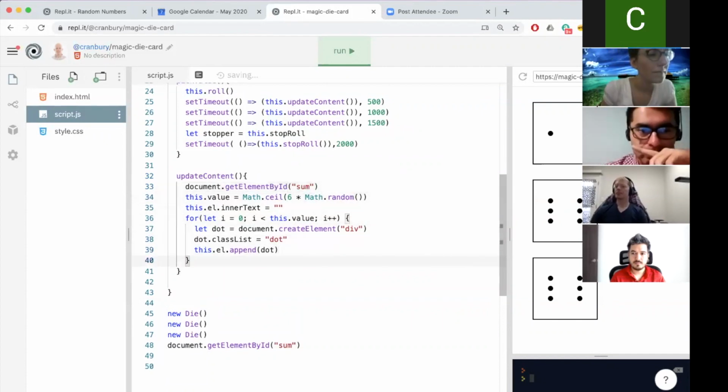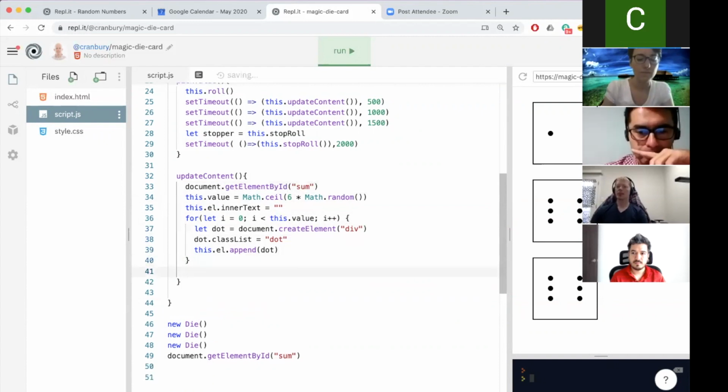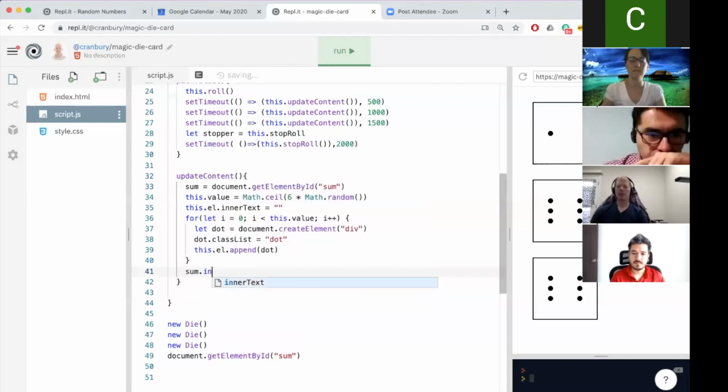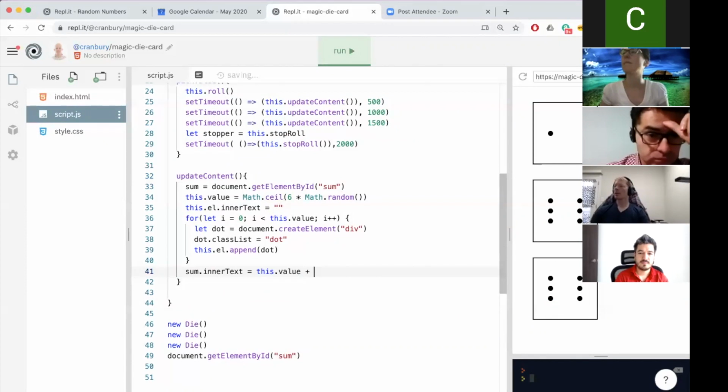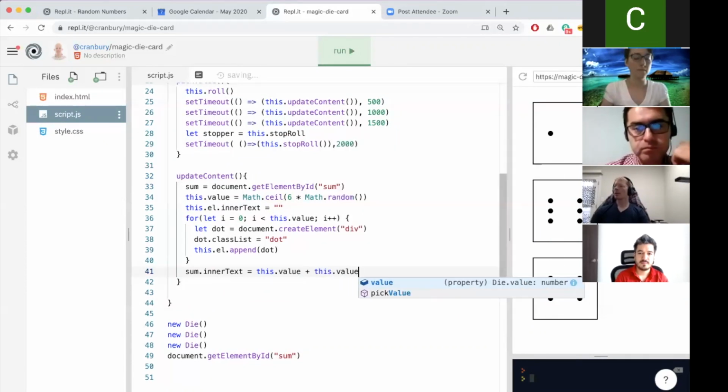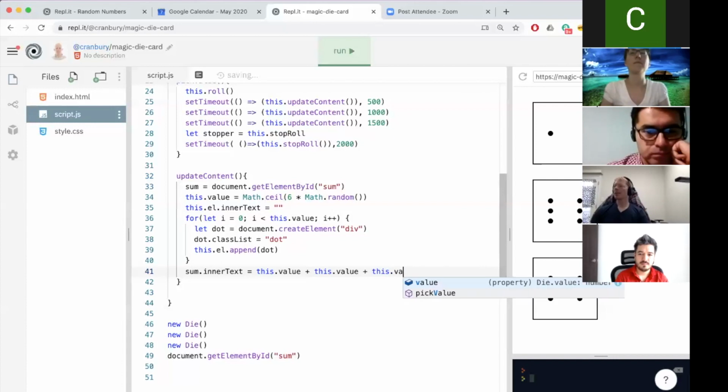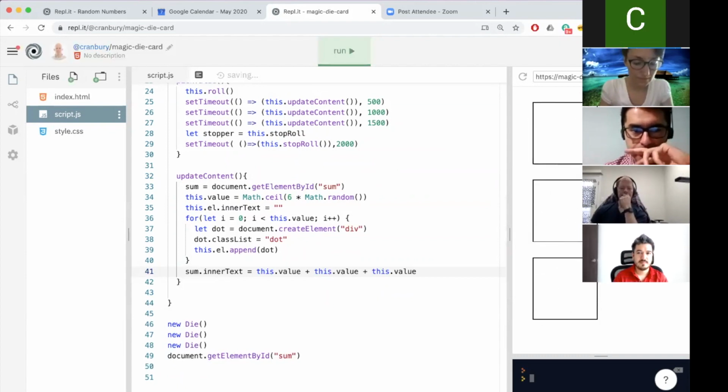You're grabbing the sum, and then down here, you're saying let's say sum equals that, sum dot inner text equals this dot value plus this dot value plus this dot value. Yeah. This is interesting. Let's try this. For some reason, we didn't get